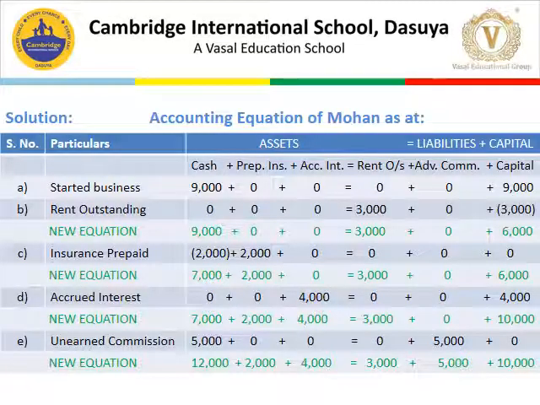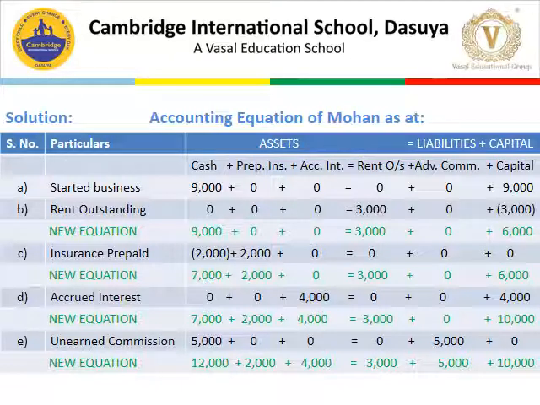Solution of the above question. First transaction is the same: started business with cash rupees 9,000, cash added with 9,000 and capital 9,000. Rent outstanding, since rent is due but not paid, so rent, whether paid or not paid, is deducted from capital, rupees 3,000. If it is paid, it should be deducted from cash, but here it is due but not paid. So there is a new column on the liability side under the name of rent outstanding, rupees 3,000. The new equation would be cash 9,000 equals rent outstanding 3,000 and capital 6,000. Both sides equal at rupees 9,000.